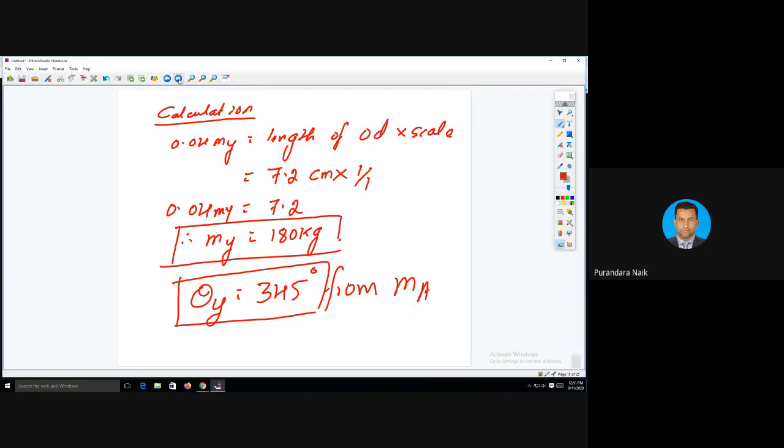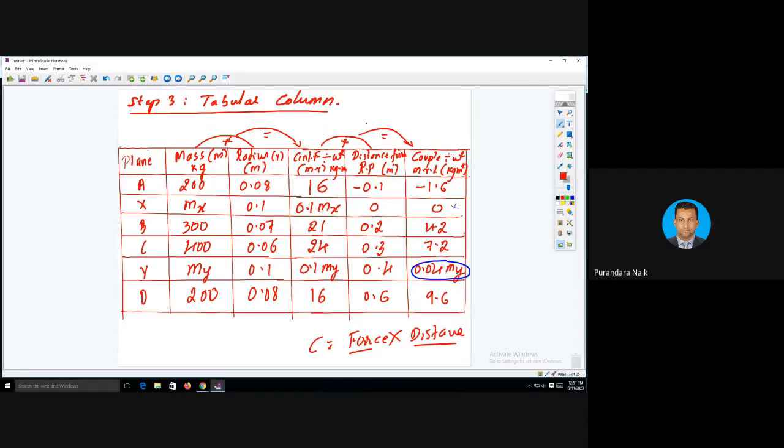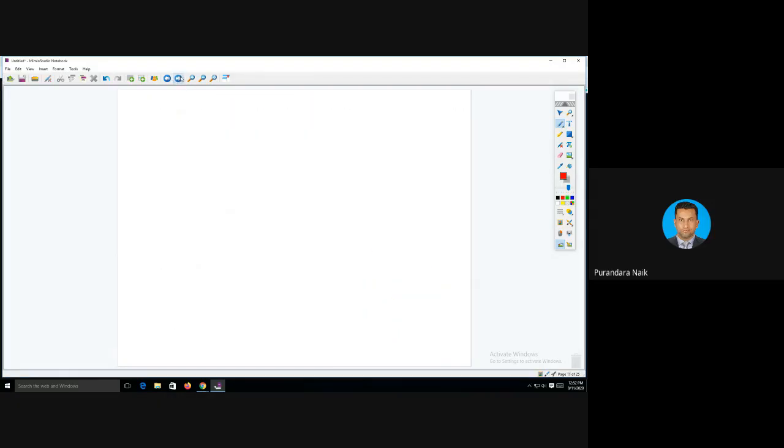Second set of answers is mx and my. So once you get the answer, see here we have the value of my. You can write it here. What is the value of this term my? My is 180. You can now multiply this by 180, and we'll get the answer. Here we know the angle of my as well as the value of my. Here the only unknown is this one. This is the unknown. Now we can go for the force polygon. Step 3, 4: force polygon.